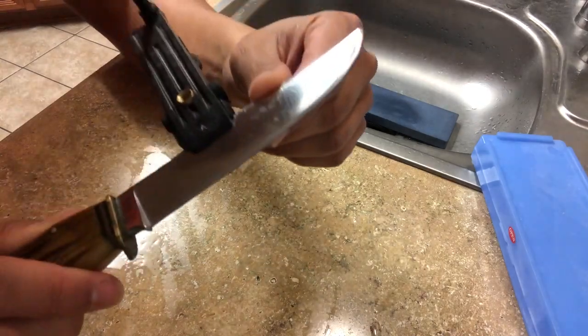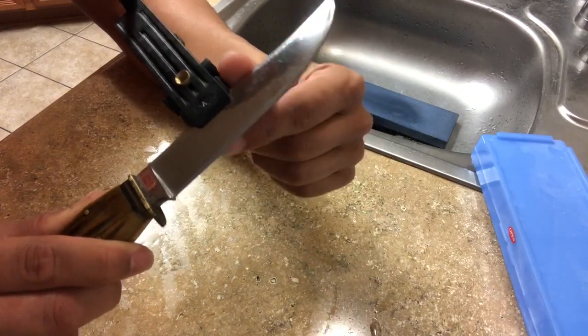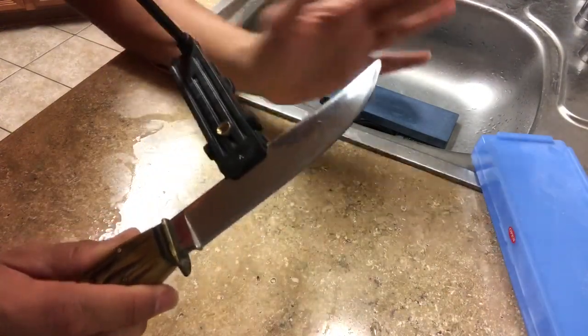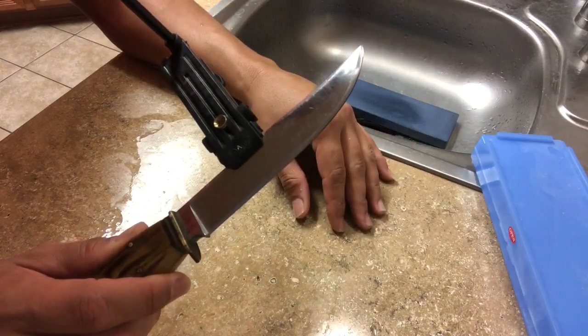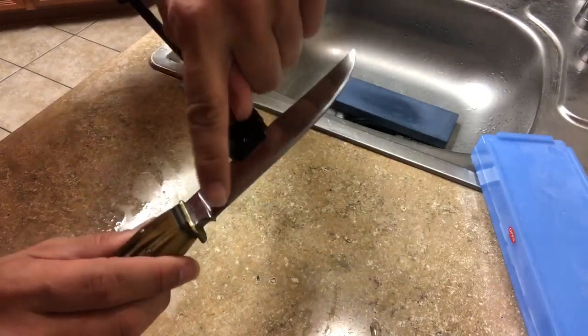So right now, hopefully you guys can see it. It has a black line. I used a Sharpie to mark it, and then I am restoring that line to do a hands-free, I guess, sharpening of this knife. So the method that I like, especially if I'm doing this for a friend, to restore that